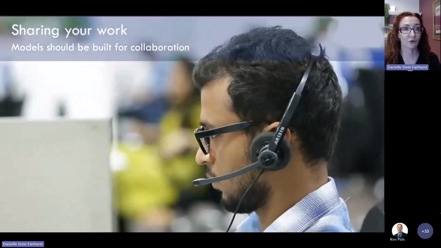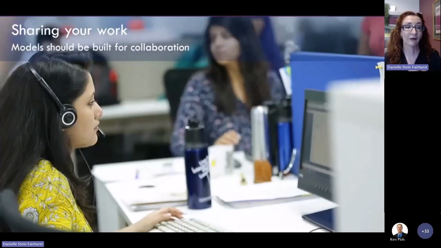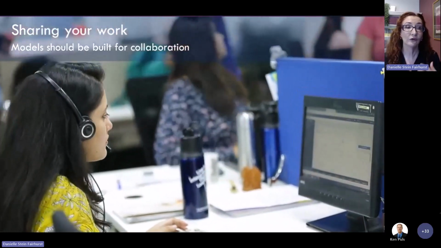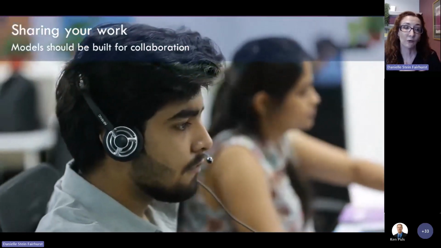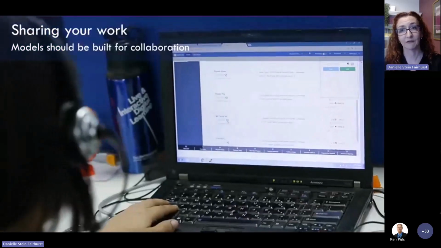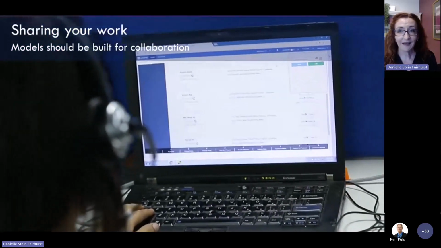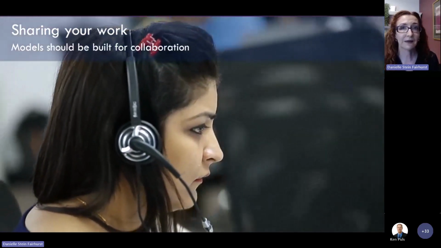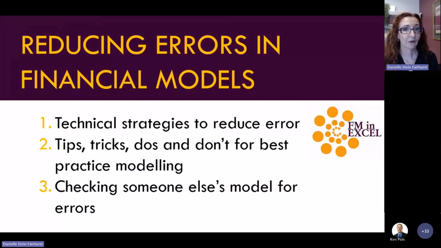You want to make sure that you, as a user, if you don't understand where the model comes from, can go through and audit and check it and make sure that you're comfortable with it. So that is pretty much it from me. These are the areas that I wanted to cover with you. And I'll just check in and see if there are any comments or questions.